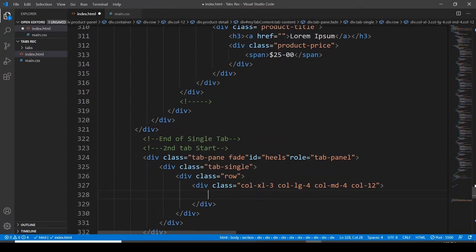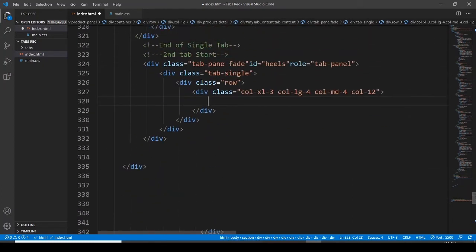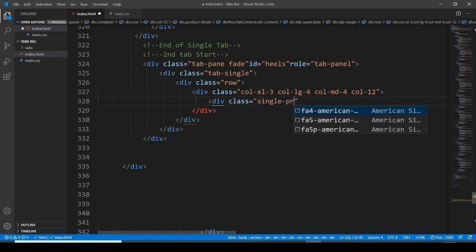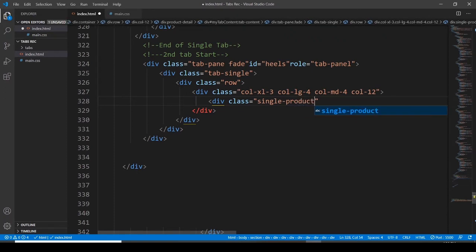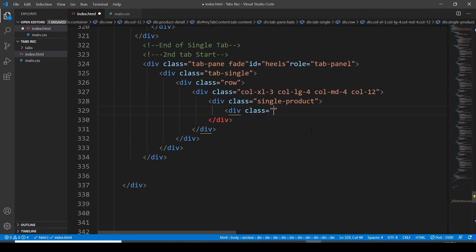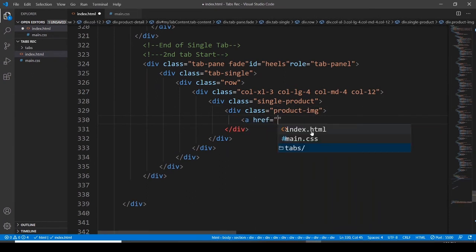Let's bring it here in the middle of the screen. Again, the same thing, a class of single product, and after the single product I want to go with another division, assigning it a class, and this class is going to be product image, link href, and